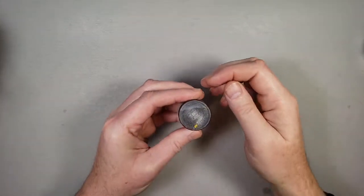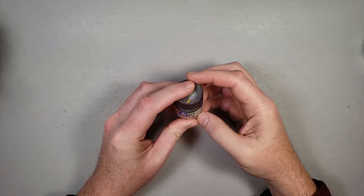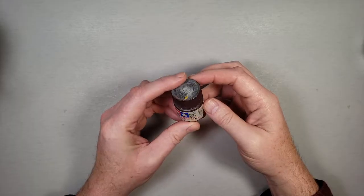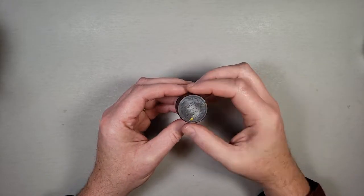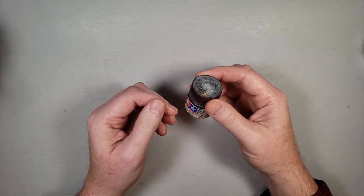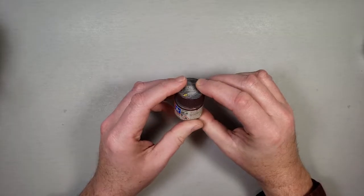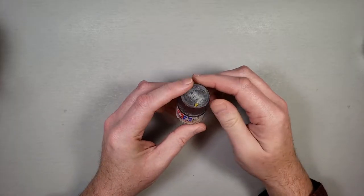Okay, I'm going to start off the next steps with some airbrushing. What I've got here is a mix of 2 parts XF69 NATO Black from Tamiya and 1 part XF9 Hull Red. What I did was I just had a bottle of Hull Red that was almost empty, and years ago I started using this as my mixing bottle, and whenever it gets a little low, I pour in basically 2 parts of the NATO Black, 1 part of the Hull Red, and I don't thin it when I pour it into this bottle. I do that in the airbrush